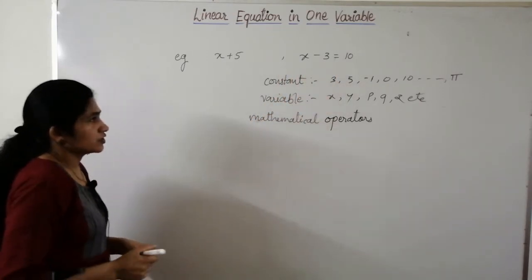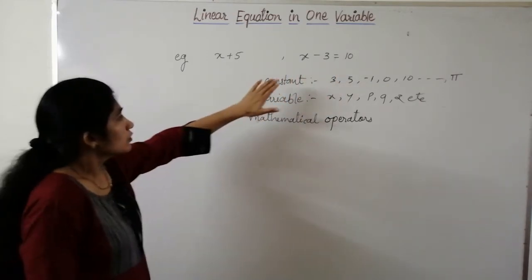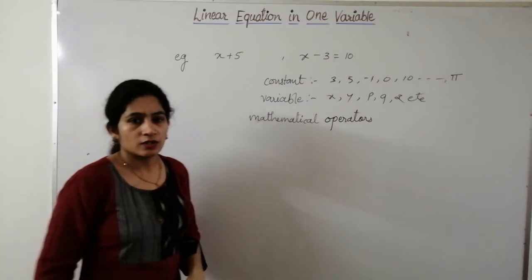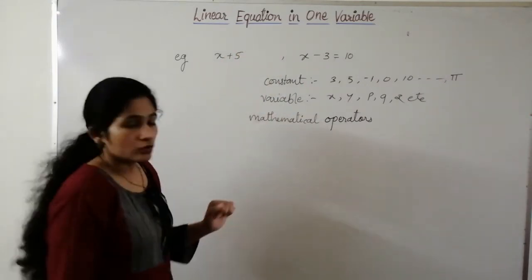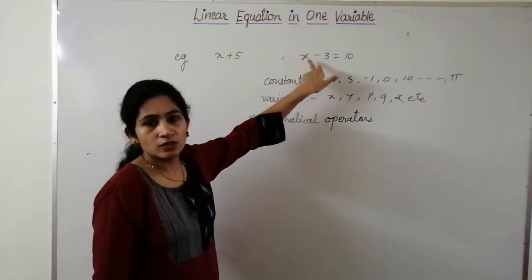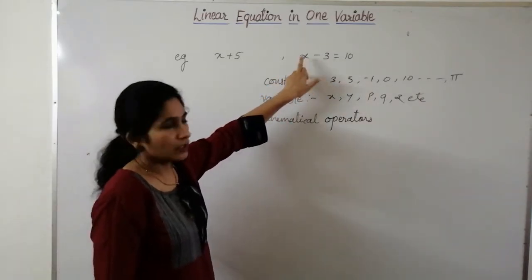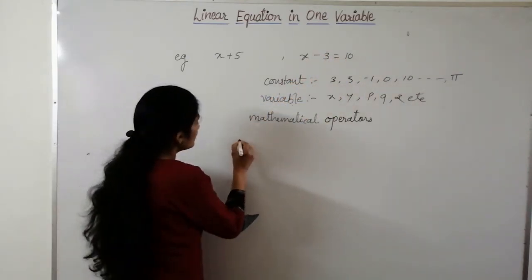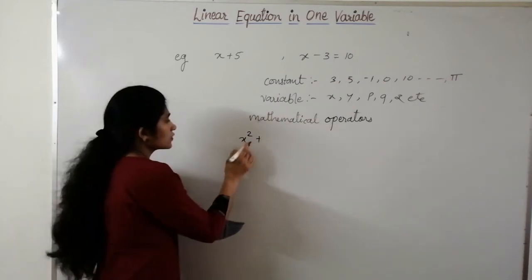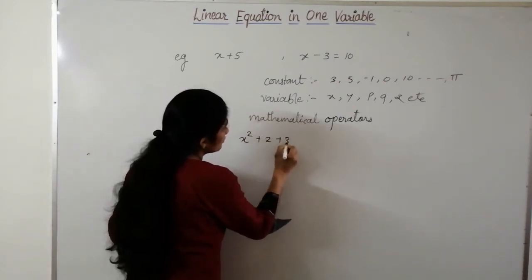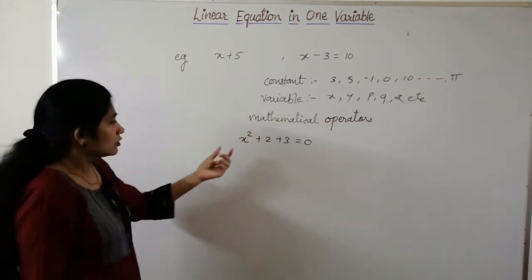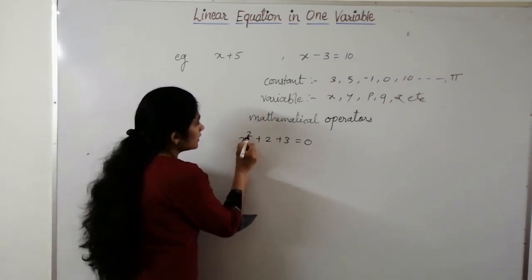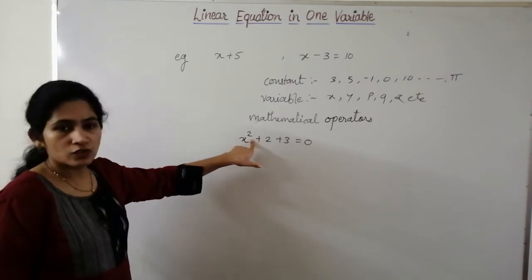So this is about an equation. In this class we have to solve linear equation in one variable. Okay. So now we got what is an equation. But what is a linear equation? The equation in which the highest power of variable is 1. We know variable, right? x is a variable. So in this highest power is 1. So this is a linear equation. If we take an equation like x square plus 2 plus 3 is equals to 0, this is not a linear equation because in this equation the power of variable is not 1. Here the power is 2.